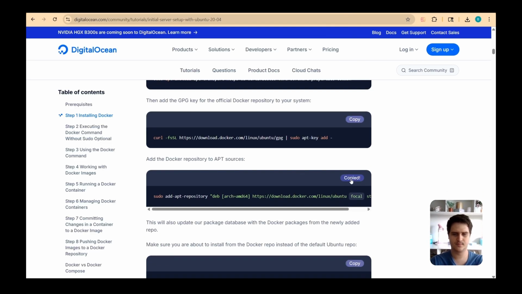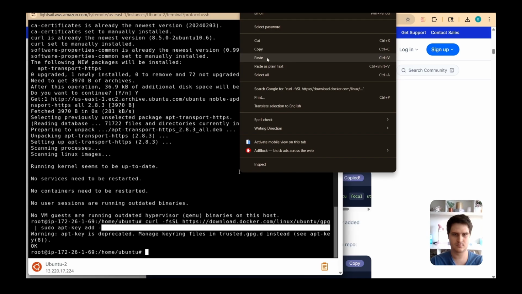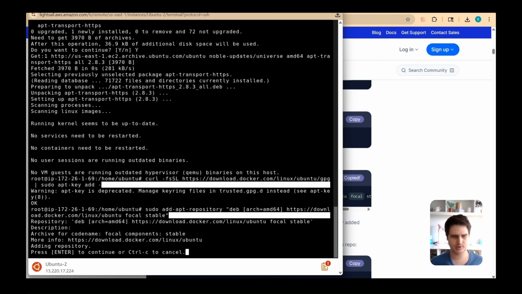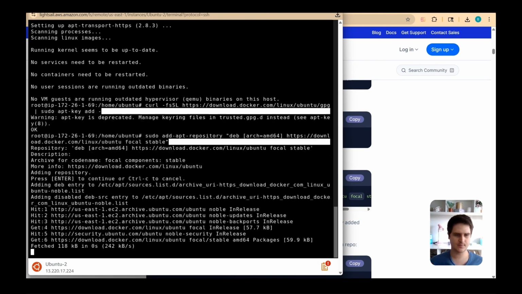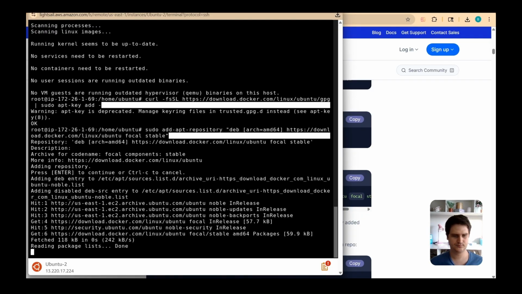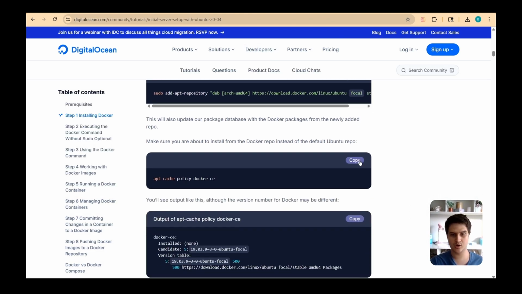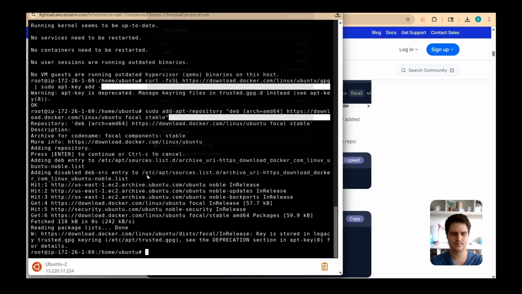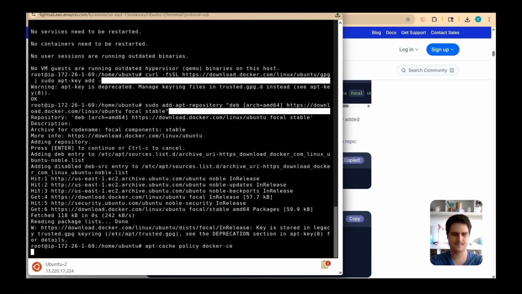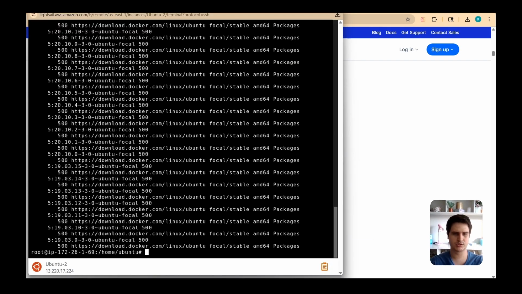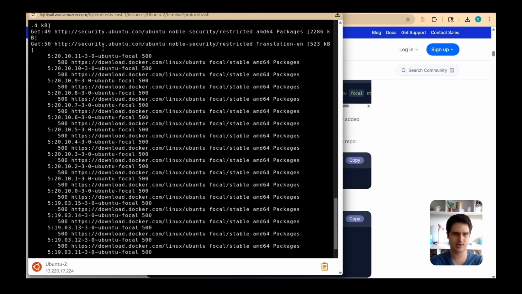Also this command, paste, enter, press enter again. Great. We keep scrolling down, and now copy this command, paste it, enter, and we just confirm that it says